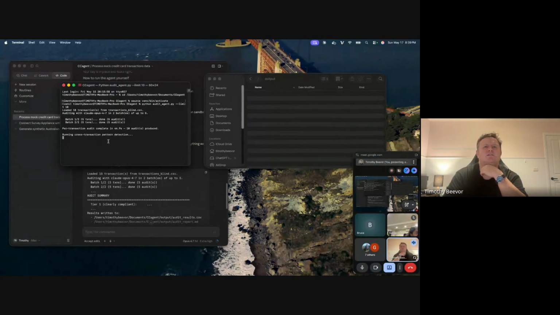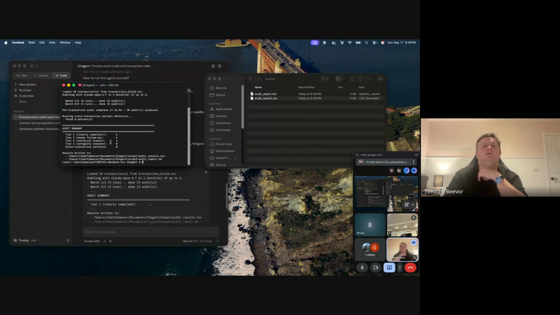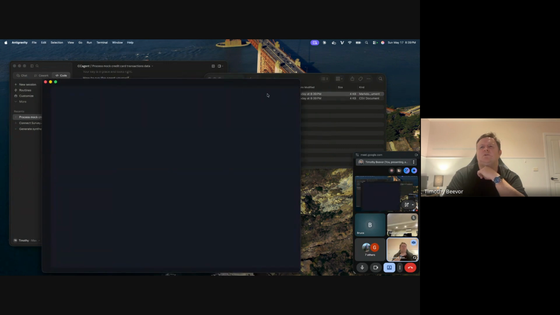Now it's looking at the cross-transaction pattern detection. There we go. Clearly compliant, there's 4. Need follow-up, 2. 4 in technical breach. 0 integrity. 0 cross-transaction patterns. Okay, so we've written it out in these formats. So if I go and look at the audit report,